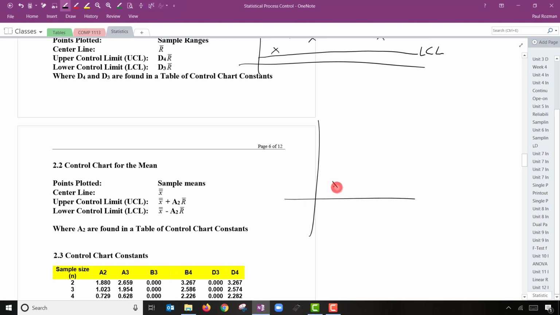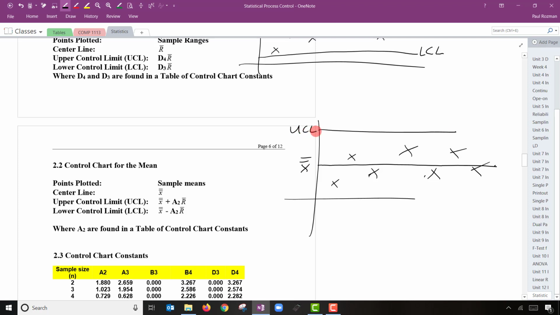We had the mean of day 1, the mean of day 2, the mean of day 3, the mean of day 4, etc., and so on. And then the mean of the means would be X bar, and then we'll plot an upper control limit and a lower control limit, and we'll judge the data based off of that. And those control limits again are built